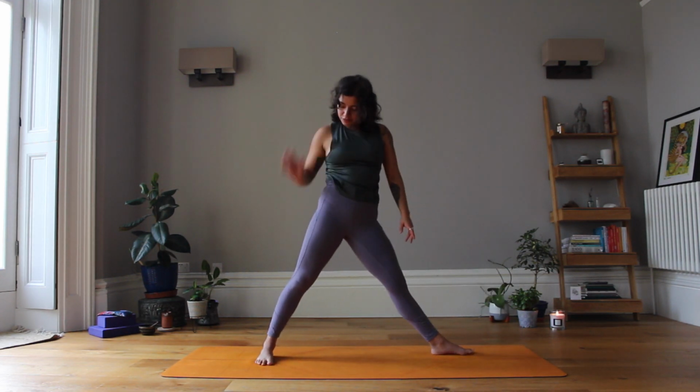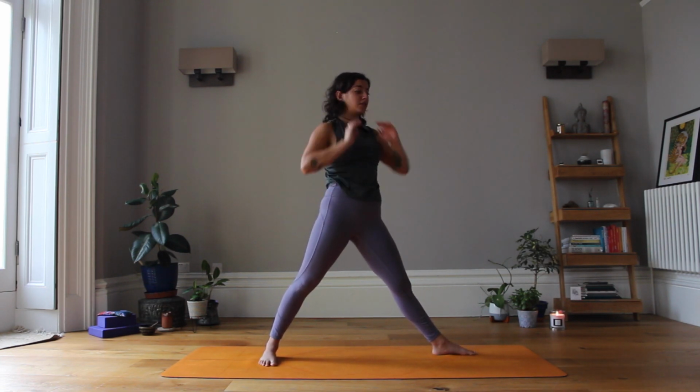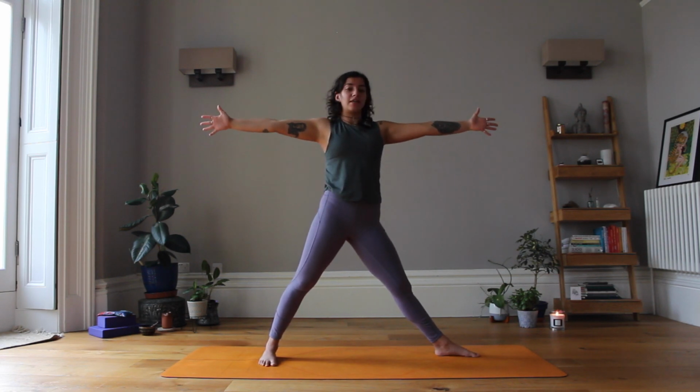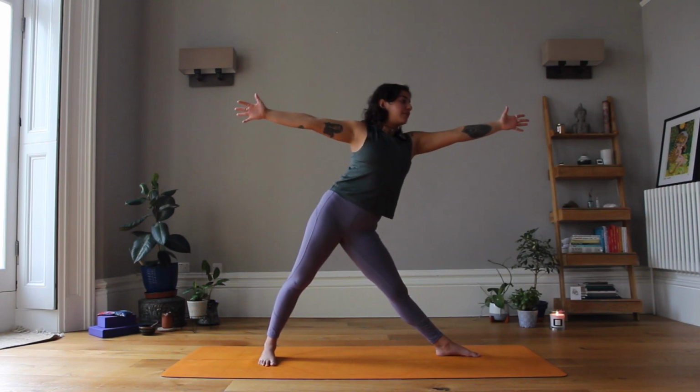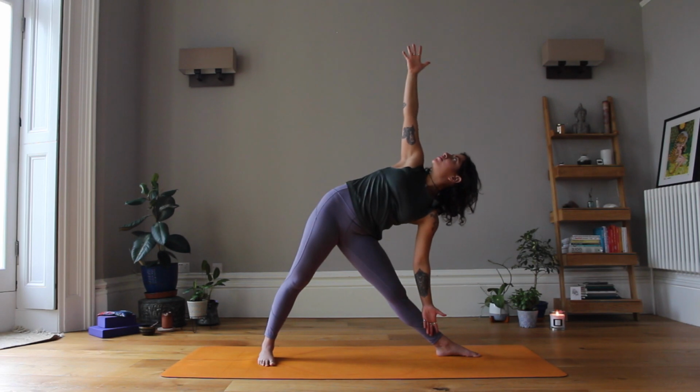This time turning those toes to face the long edge of the mat. The left toes are going to stay facing forward. So into our triangle or Trikanasana, opening out those hands, palms face the same way as the chest. Inhaling. Exhale, reach forwards with the left hand, press the hips behind, left hand lands, gaze up towards the right